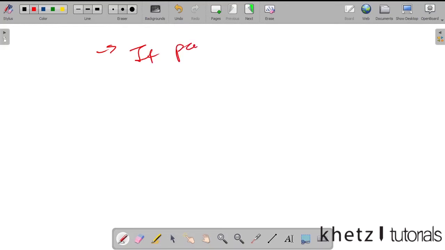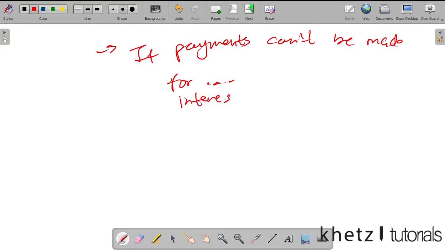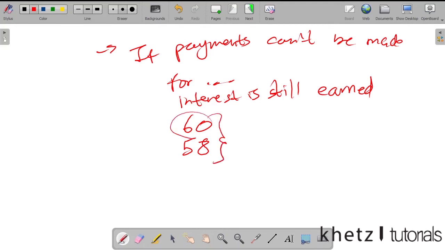if payments can't be made for whatever reason, then interest is still earned. Let's say you're having a bad time financially, or whatever the case may be. You're expected to make 60 payments and you end up only affording to make 58 payments. Now, for the remaining, because you already signed up for this plan, which was supposed to give you a certain amount after 60 payments,